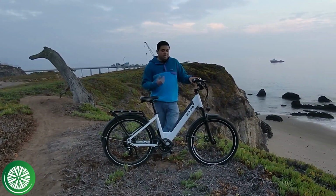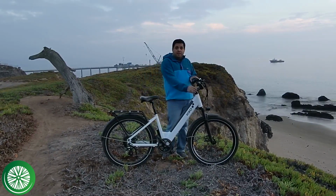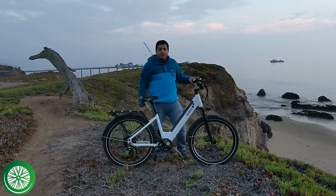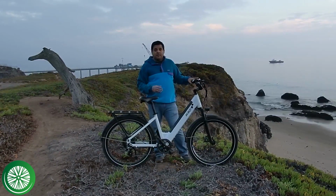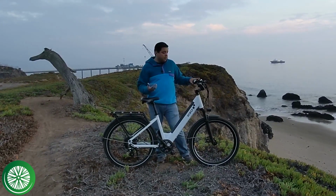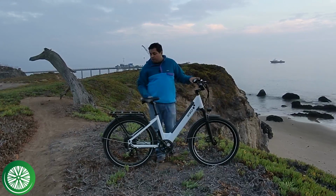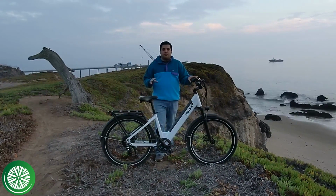Like it has hydraulic brakes. It also comes with an adjustable stem. So I mentioned that earlier, that this one doesn't have an adjustable stem, but other e-bikes for just a few $300 to $400 more, you're going to get a lot more quality components and options than this e-bike. But overall, I think it's a good e-bike if you're looking for a budget